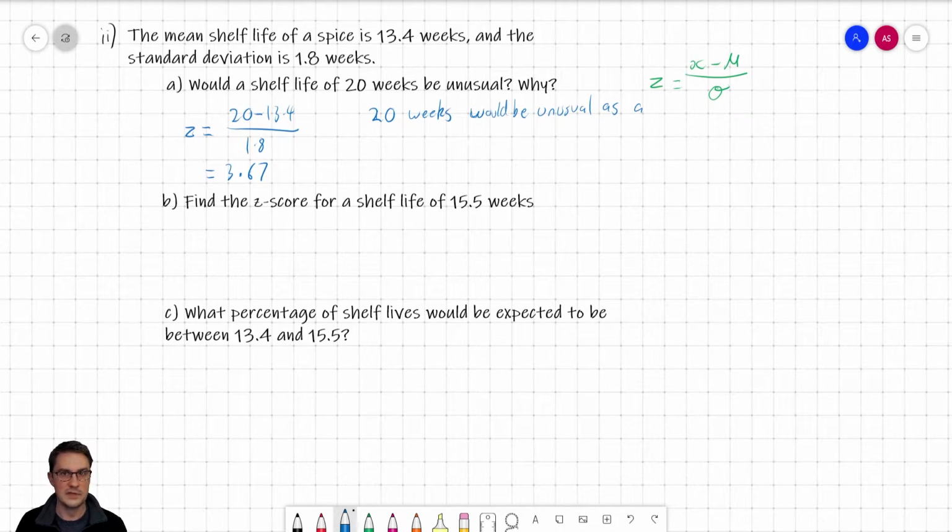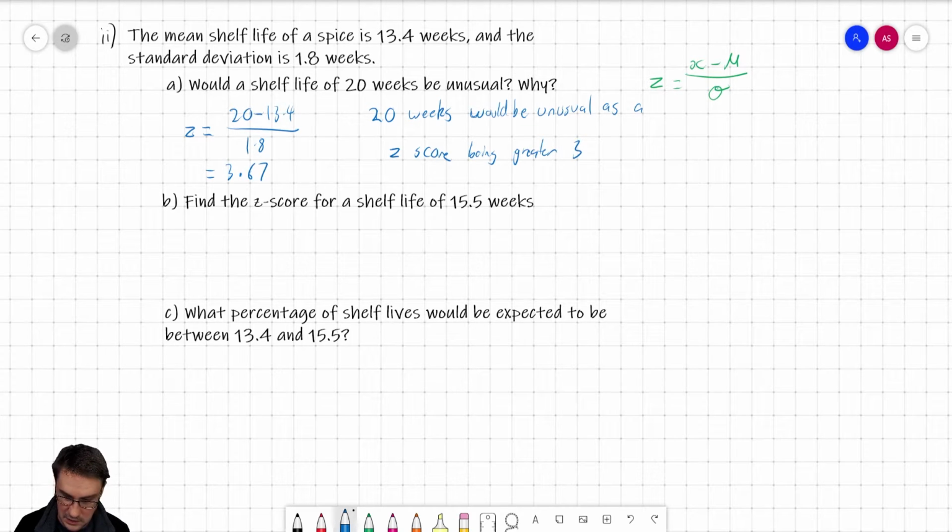So if you've got one which is less than -3 or greater than +3, it's highly unlikely because that's only 0.3% of scores which are likely to occur. And given this one is not just a little bit over, but a significant amount over, the chance of that occurring, while it could occur, is incredibly unlikely. So therefore, because of its z-score being greater than 3,